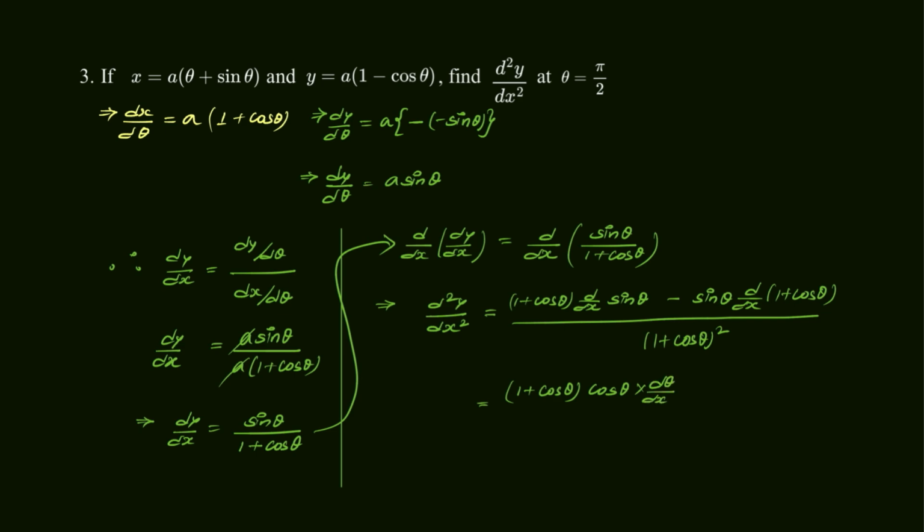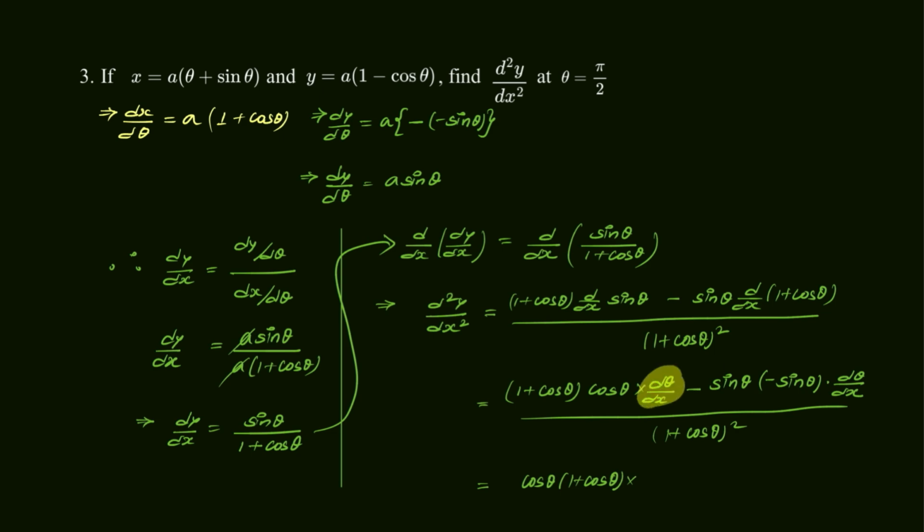So we will get d theta by dx times minus sin theta, since d/dx of 1 is 0 and d/dx of cos theta would be minus sin theta, but again we have to differentiate theta with respect to x, all divided by (1 plus cos theta) whole square. So here it will be cos theta into (1 plus cos theta) into, now what to do with this